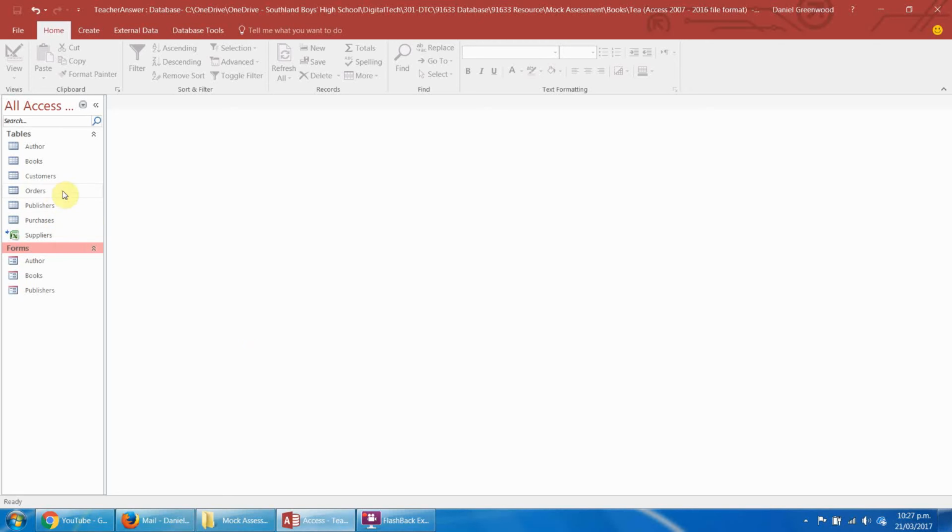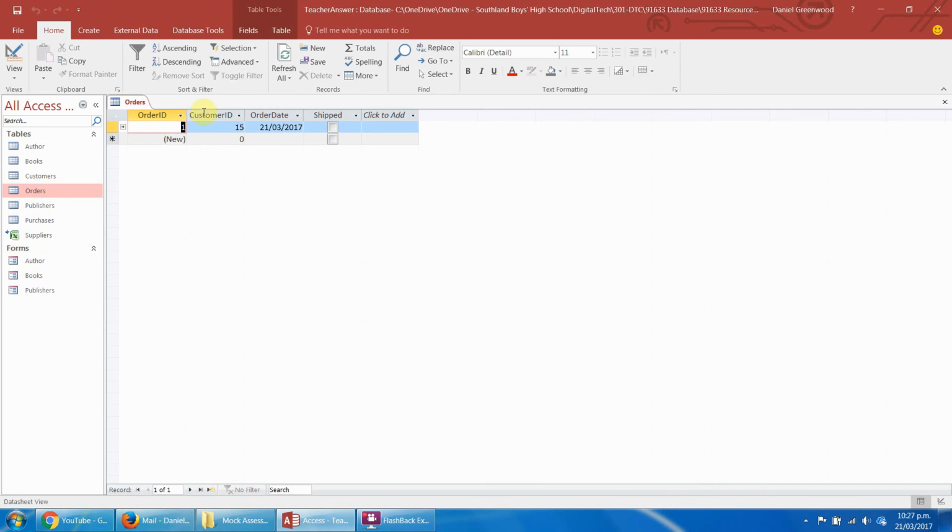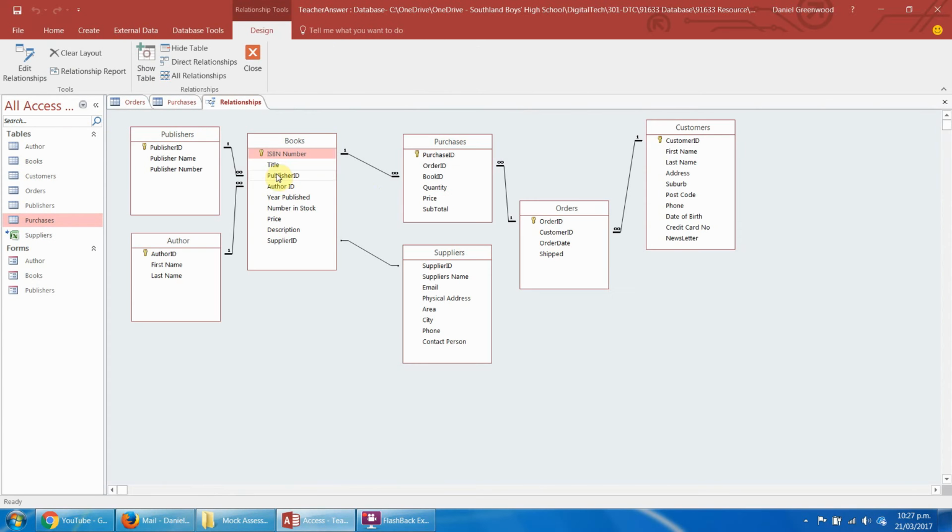So the order forms are what's next on the list of things to do, and we've got this set up for orders, and we've also got a separate related table for the purchases, which is on here, and you can see there's some data in there as well because I've already done a lot of pre-testing on this. So in terms of our database relationships,